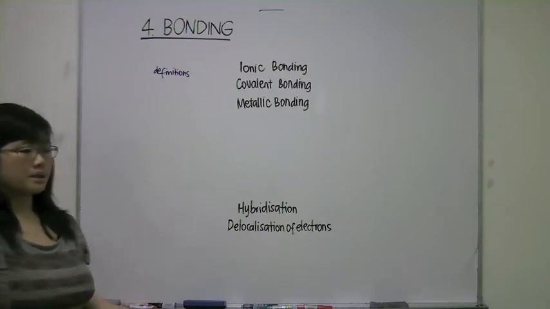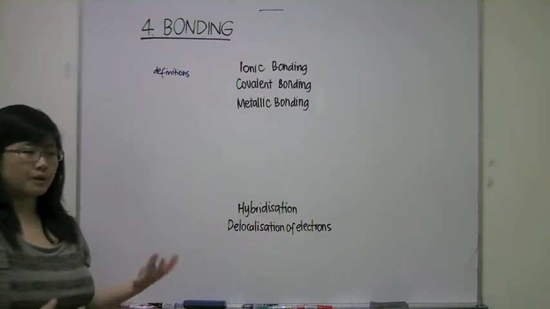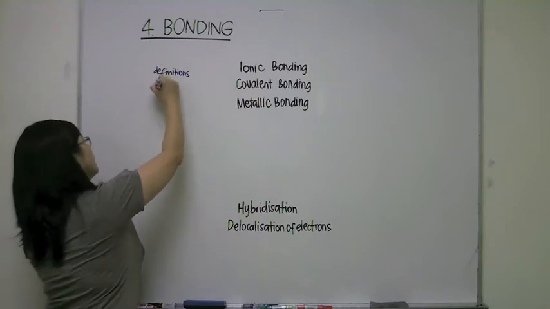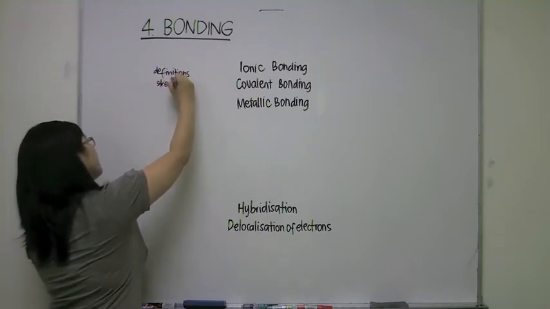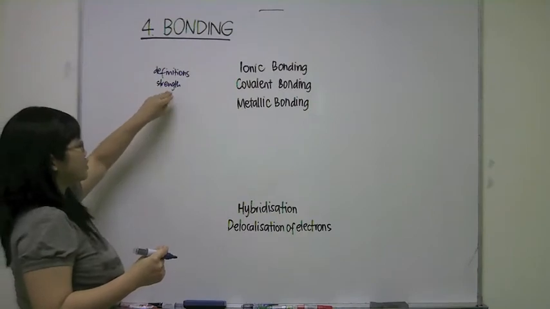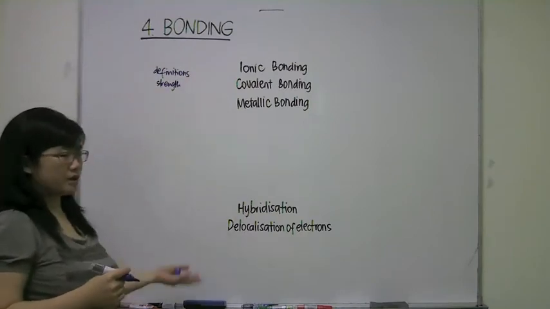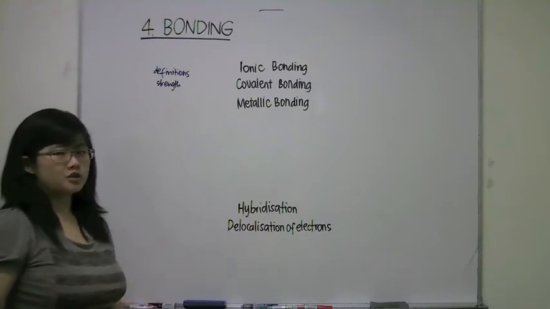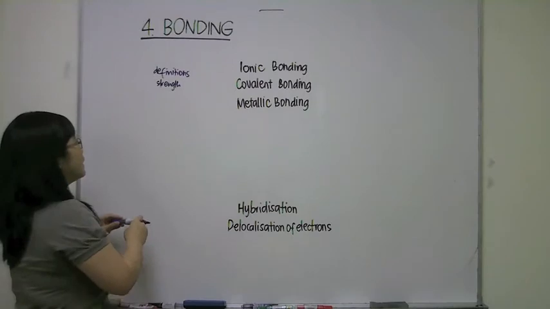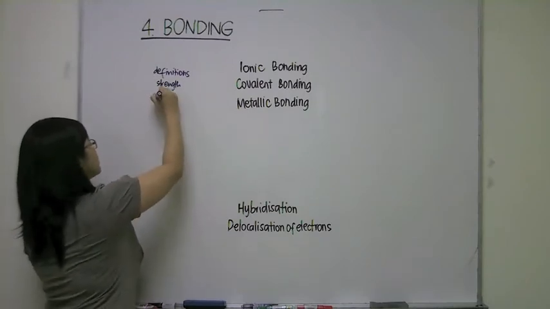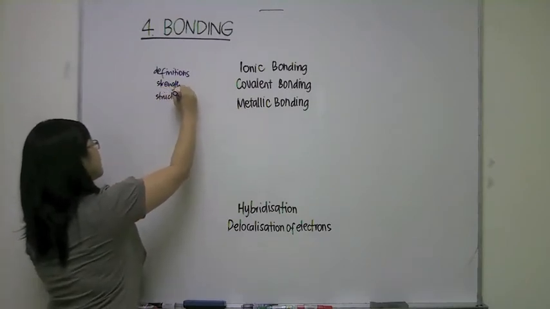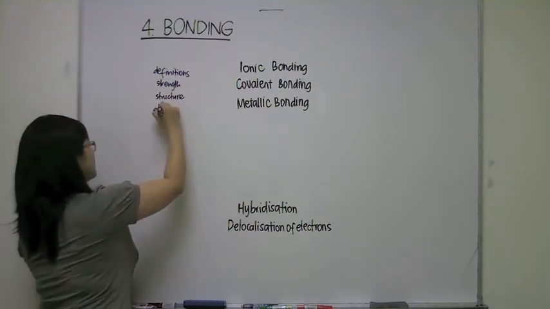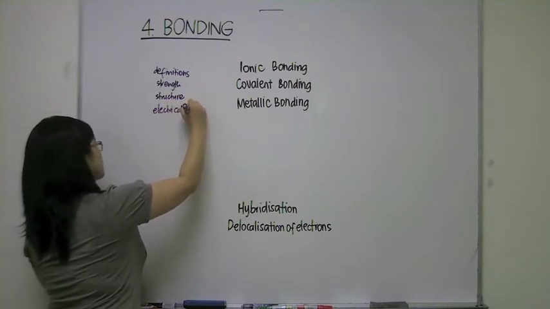For example, metal and non-metal will give you ionic bonding, or between non-metal and non-metal you get covalent bonding, and so on. You need to discuss what the strength of each bond depends on. For example, ionic bonding depends on the size of the ion and the charge of the ion. You need to explain the structure, and sometimes the electrical conductivity in each